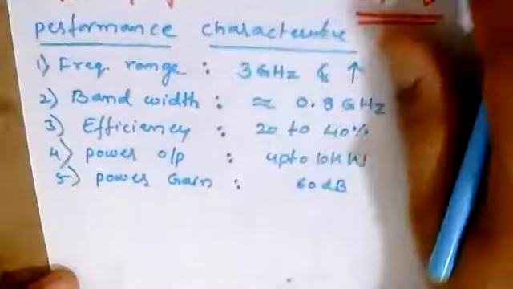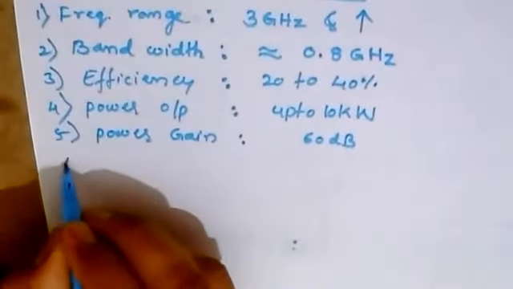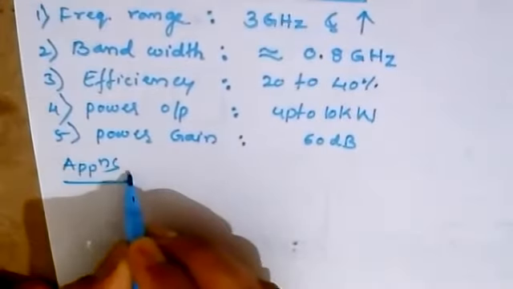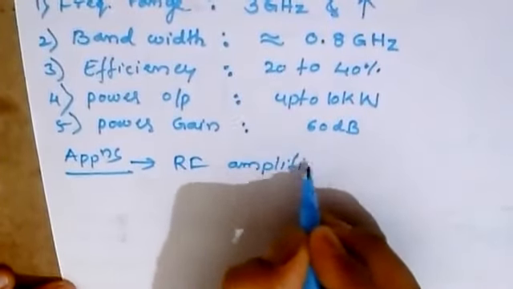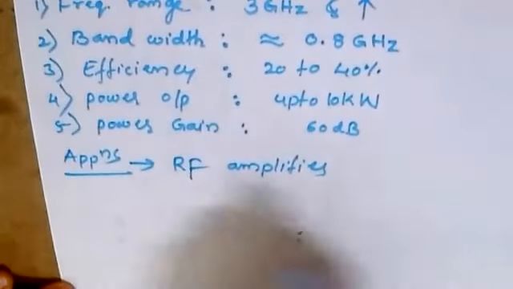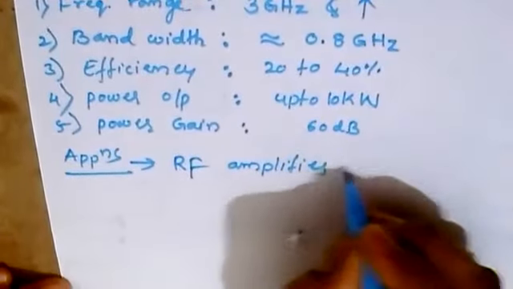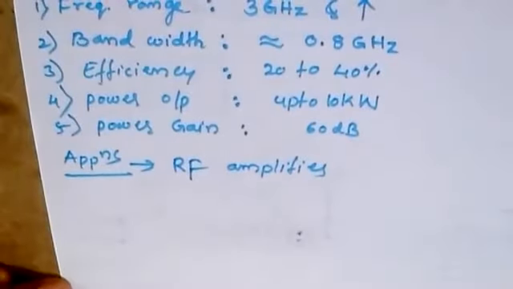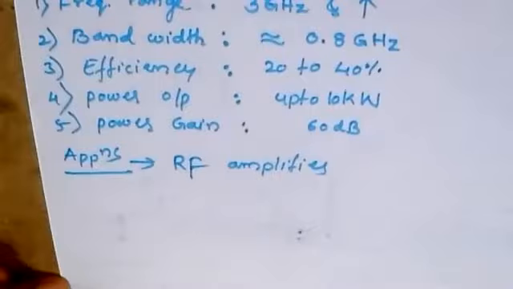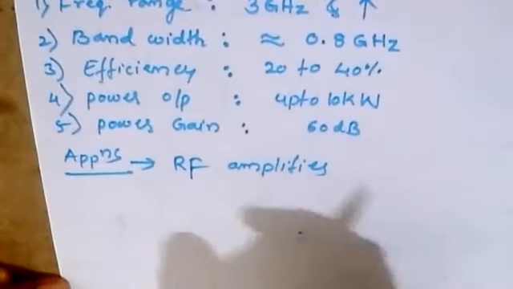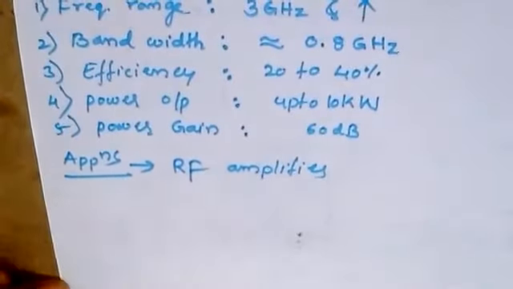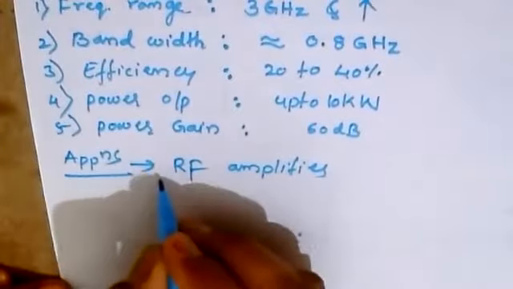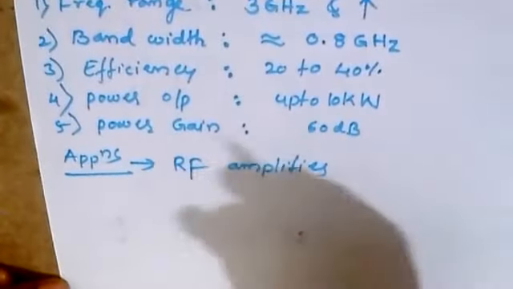Normally, the applications are similar, but somewhat extra, we may consider it as an RF amplifier, because we want to amplify the signal. It is used as an RF amplifier for broadband receivers. Broadband receivers means satellite communication, where we require a large amount of bandwidth. To amplify the signals, we require these traveling wave tubes as RF amplifiers, and they can also be used as repeater amplifiers.